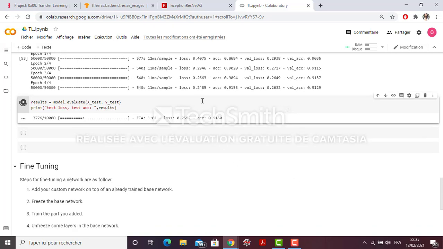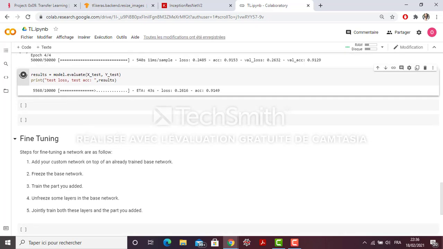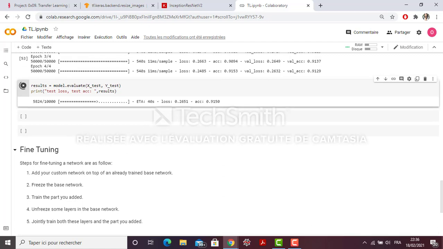I'm going to wait for the final evaluation of our model, but in the meanwhile I'm going to explain to you the steps of fine-tuning. At this point the top layers are well trained and we can start fine-tuning convolution layers from Inception ResNet v2.